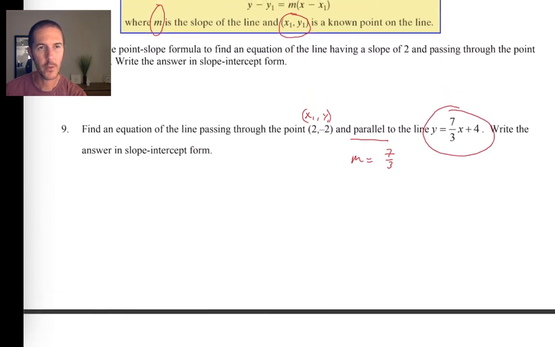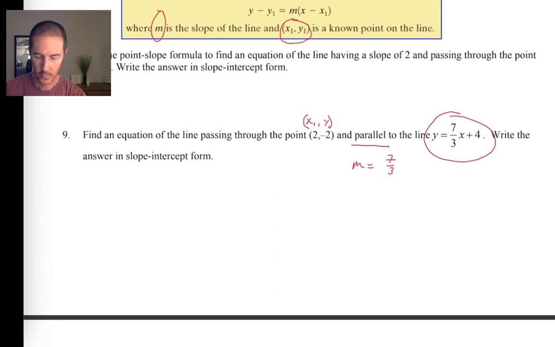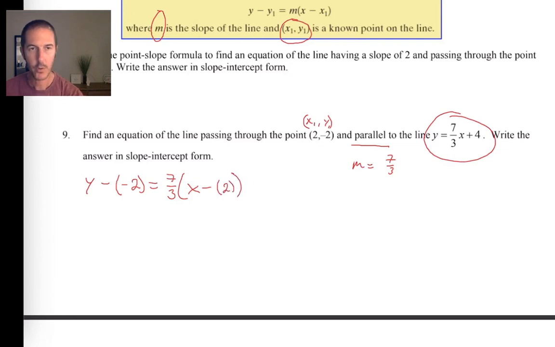I'll leave it on screen there. There you go. So we have y minus our y1 value, which, be careful, is -2, equals m, which is 7/3, times the quantity x minus x1, which is a positive 2. You'll notice that I put my x value and my y value into my formula,